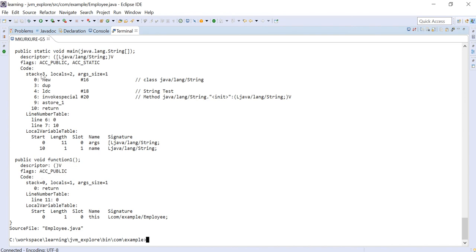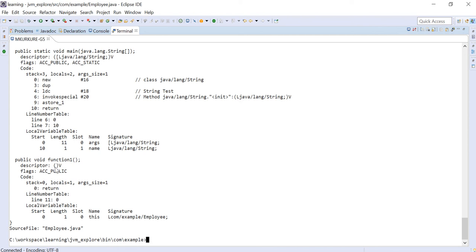And we have stack equal to 3, locals equal to 2, and args_size equal to 1. This args_size is straightforward. We are passing one argument, a string array, to the main method, so that's why args_size is equal to 1, and locals is equal to 2 because we are defining a string object in the main method. That is why locals is equal to 2.